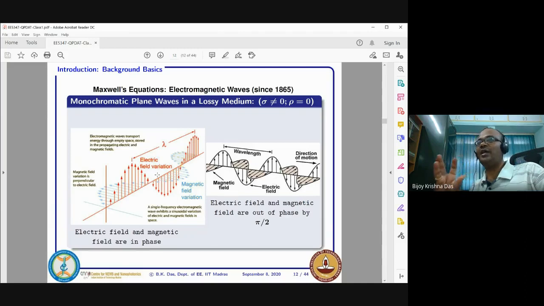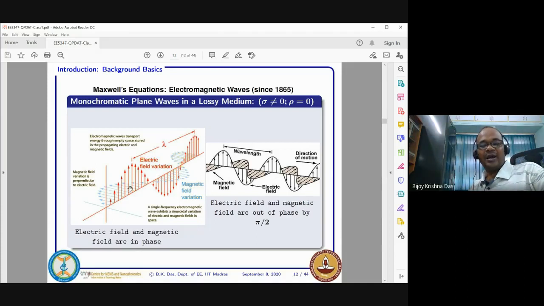So you will be seeing a bubble of energy. The bubble of energy is moving. It is not that continuous energy everywhere you will be getting. It's just like a bubble of energy. If you solve in the time domain, you will see that bubble of energy moving as a function of space.